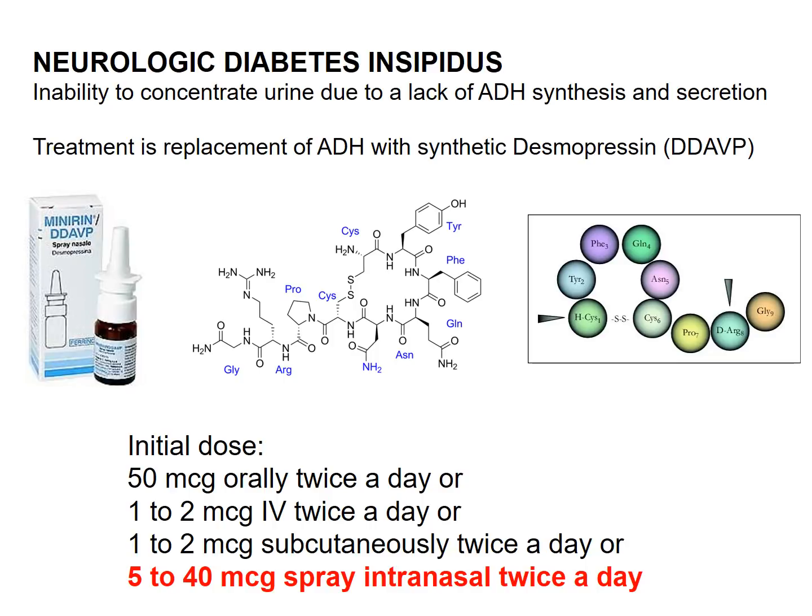The one hormone, and this is it, guys, then we're going to be done here. The last hormone I'm going to talk about really briefly is ADH, antidiuretic hormone. Antidiuretic hormone comes from the posterior pituitary gland. It's released from the posterior pituitary gland, and then it works in the kidney. We're going to get into renal later in the semester, so we'll come back and visit this. But in the kidney, antidiuretic hormone allows us to retain water. Without antidiuretic hormone, we start peeing out a lot of our water.